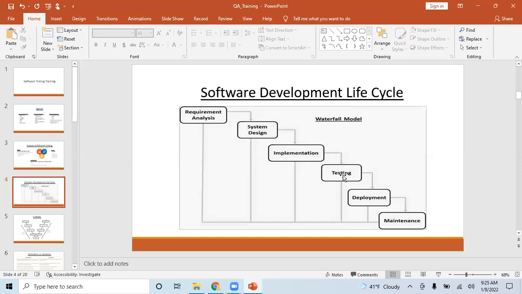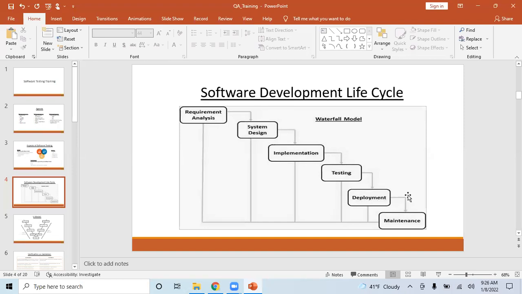While testers write the test cases, they'll try to complete designing them by the end of the implementation phase. By the time developers complete the code, they make sure they have the test cases ready, so that once the build is ready, they start executing these test cases over that build, right? And once the testing team certifies everything is good, they promote the build to production. This is the deployment phase, where there is a team called